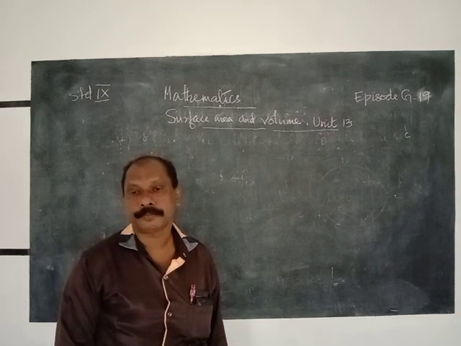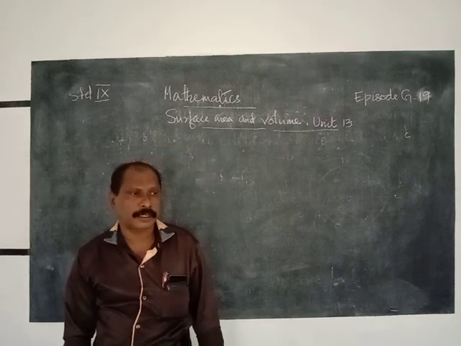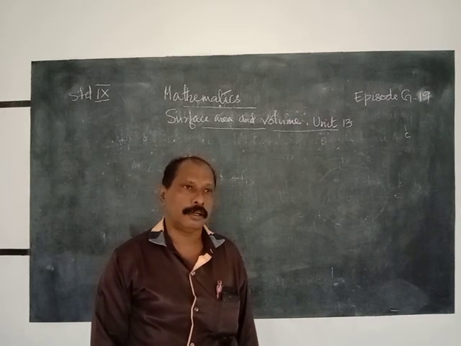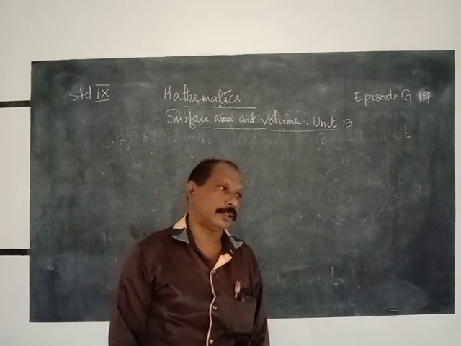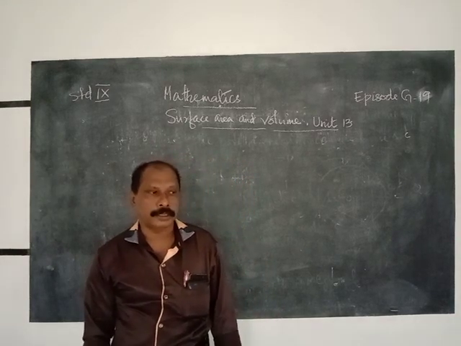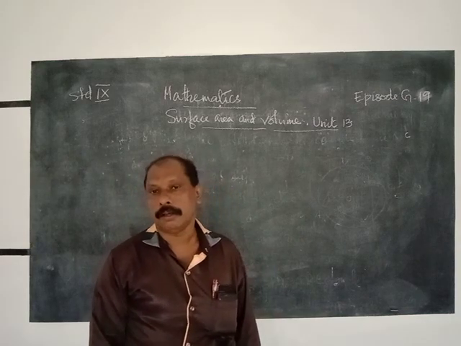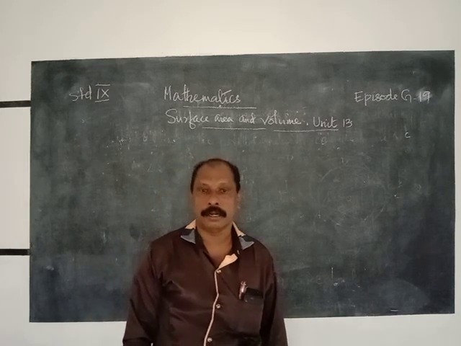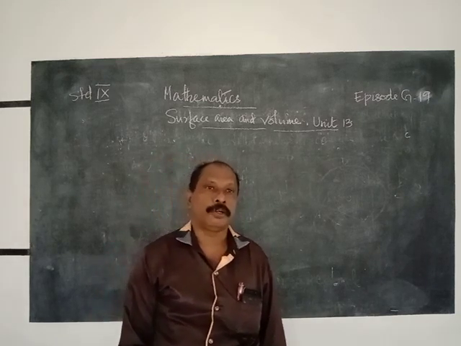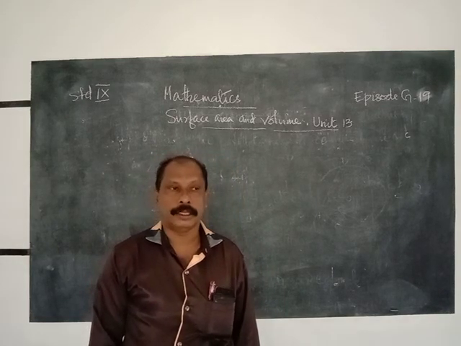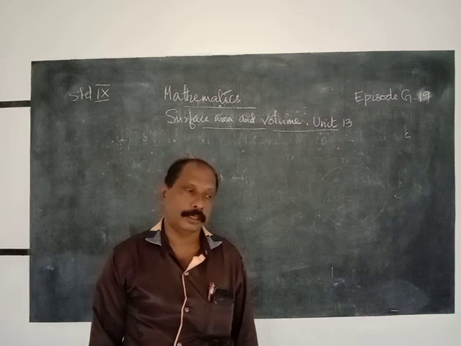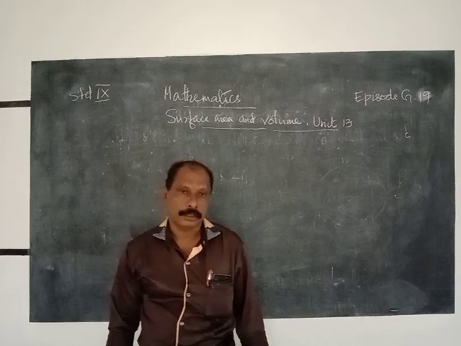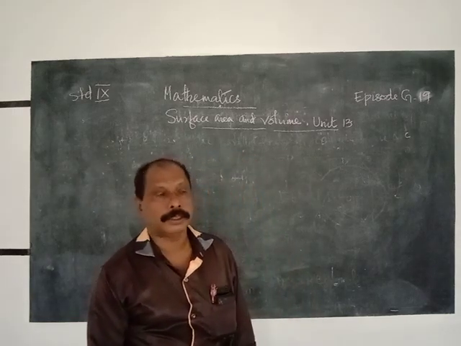What is a cuboid? It is a solid. Solid means it has length, width and height. The base is a rectangle and there is a height, therefore it is known as a solid. A cuboid has a rectangular base and there are two bases for that cuboid. All other four sides are always rectangles. Therefore, for a cuboid, there are two bases with the same dimension and the same area, and there are four side surfaces, known as lateral surfaces. They are equal in area.